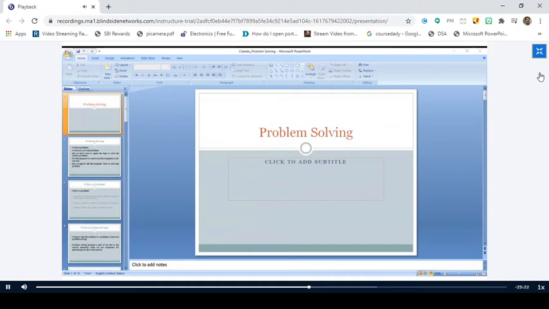So an algorithm is nothing but a step-by-step procedure. And as I told, if you already have a procedure or logic to solve a particular problem, then you can apply the same logic to solve a different set of problems, or you can extend the logic to solve a different set of problems. Either you can apply the same logic or you can extend it. Right? So as I told, a single problem will have different algorithms. So one problem will have many solutions. This we have already discussed while discussing the concept of algorithms, right?